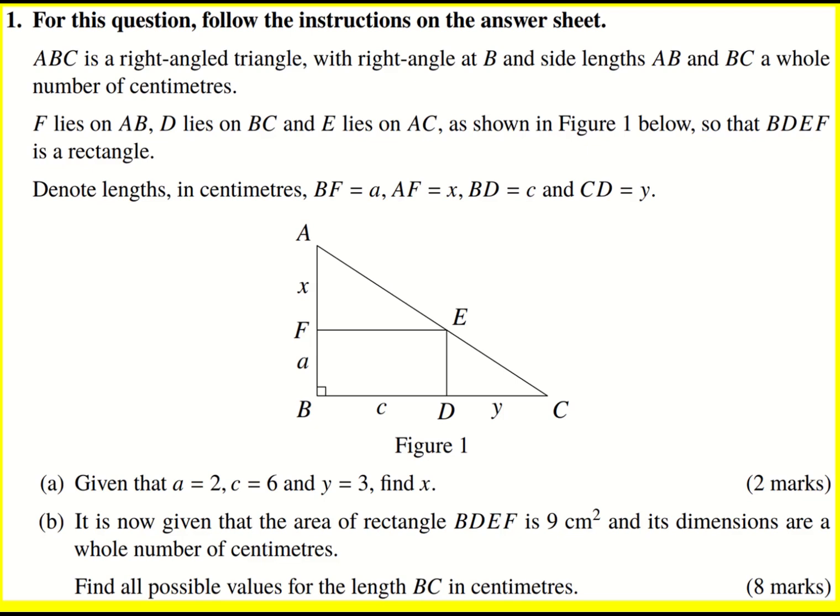We're given a right angled triangle and there are integer lengths on AB and BC. Note, not necessarily AC. So the F lies on AB, and basically we create this rectangle in the middle. And then we've got some lengths denoted as well. So first up, we're given that A is 2, C is 6, Y is 3, and we're asked to find